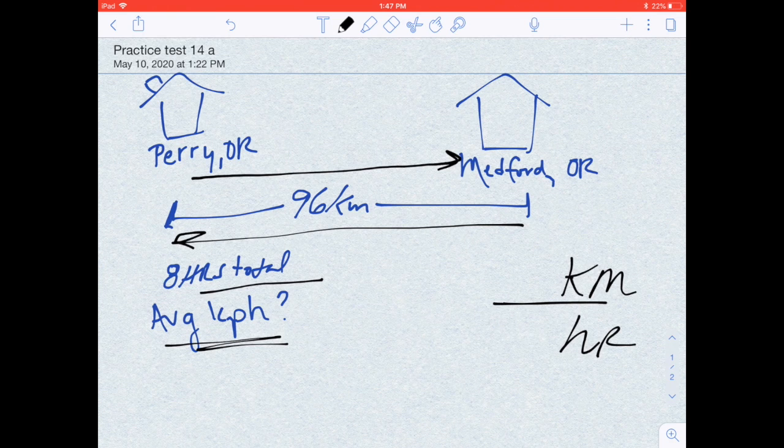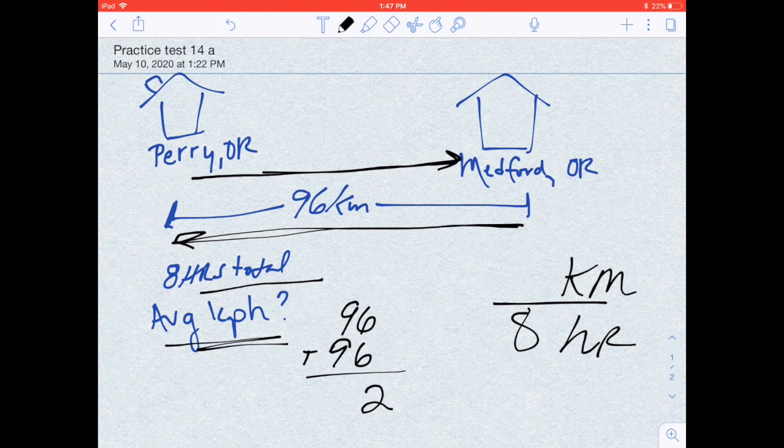I know the hours was 8 hours, and then for the kilometers, I need to double how far he traveled, the 96 kilometers, because he went twice. He went 96 kilometers to Medford and then 96 kilometers to Perry. Otherwise, he is stuck in Medford. So 96 plus 96, and that's going to give me